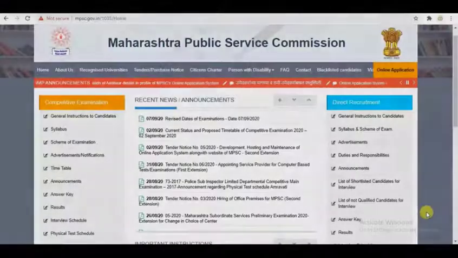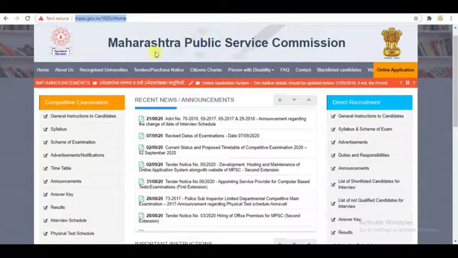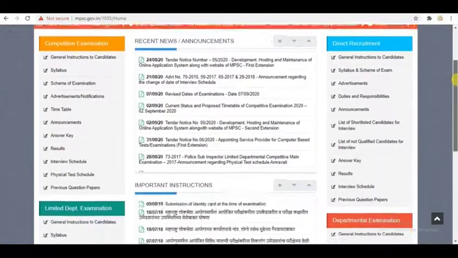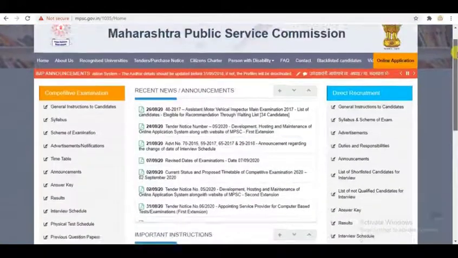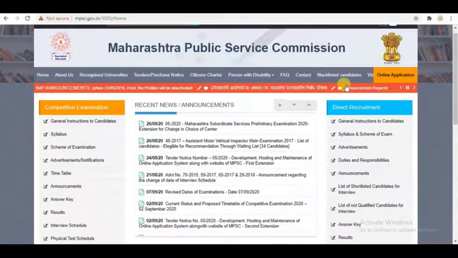Now we will see the live websites and their layouts. The first site is the MPSC, Maharashtra Public Service Commission site. See the layout of this site, how the web page looks. It contains the first row, which is the header section.